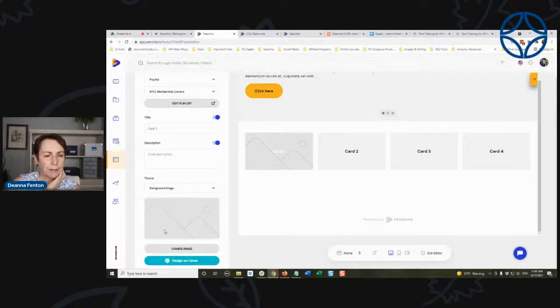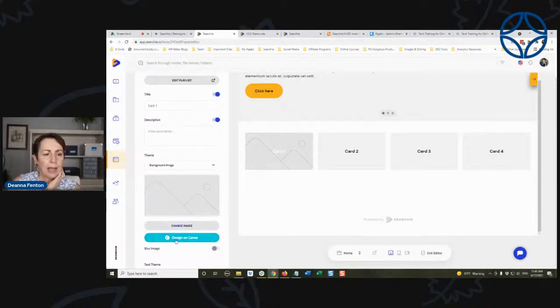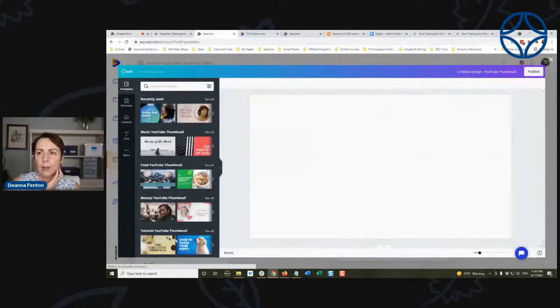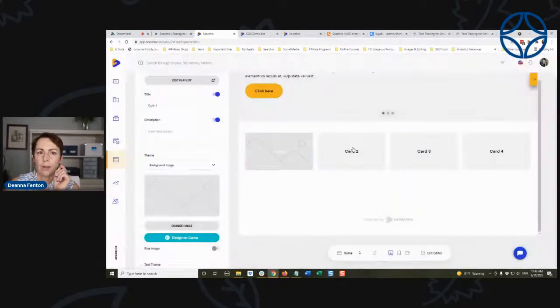There we go, background image. Sorry about that. I can connect to Canva and open up my Canva account, and it will come directly to the templates that are the right dimensions for these background images for this call to action grid.